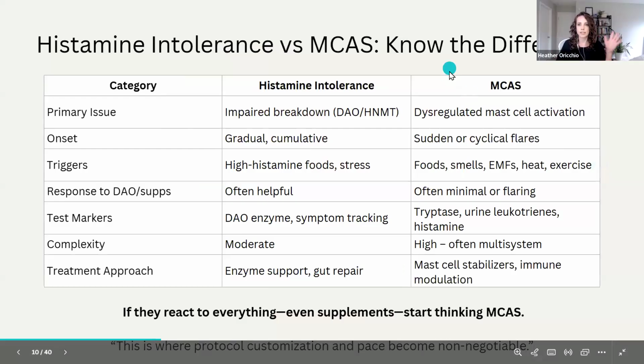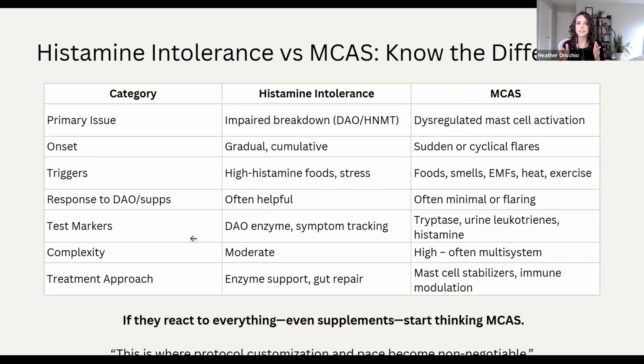So when we're thinking about histamine intolerance versus mast cell activation, how can we determine the difference? So if we're looking at the primary issue with what's going on with histamine intolerance, it's an imbalance in your body's ability to break down histamine within the gut. And that other enzyme it's referring to is histamine methyltransferase, which is referring to breaking down histamine in the brain. When we think about the onset, it's going to be gradual and cumulative. The triggers can be high histamine foods, stress. You're going to have some of those other things in there, but really the difference is if somebody notices a